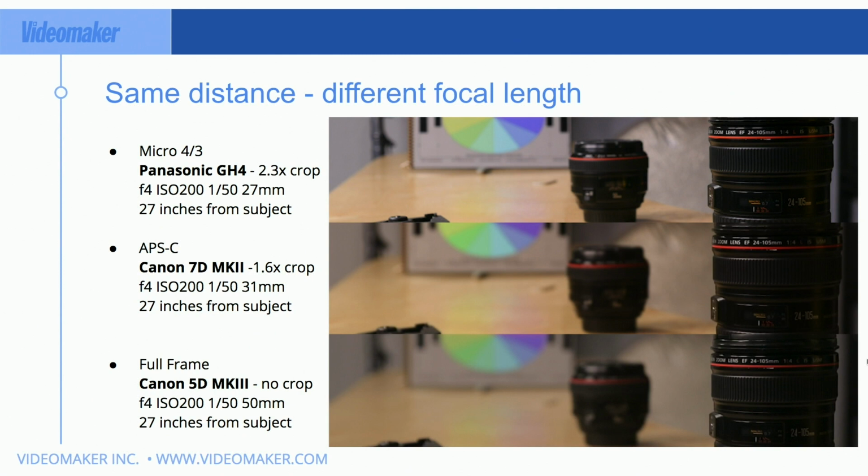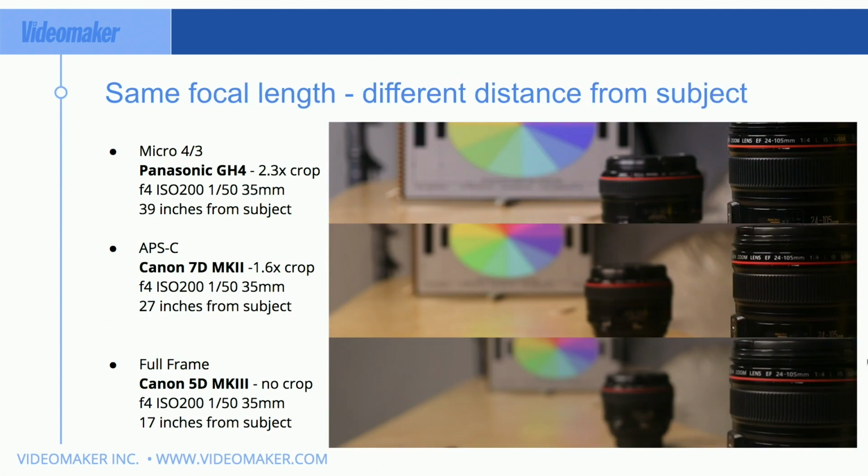But you can see here, the one on the bottom, when you see that, you go, well, Chris, you're lying. The bottom one is a full frame lens or camera, and look at how much more blur there is in that shot than the GH4, both at f4. What's the deal? And this is where space compression makes a difference.